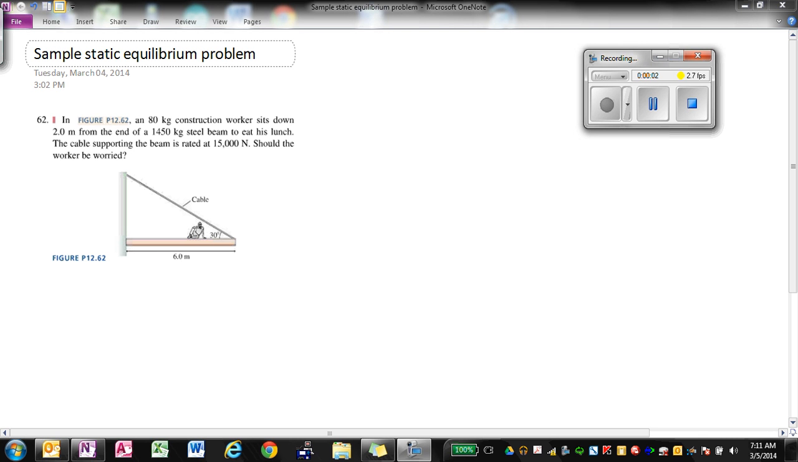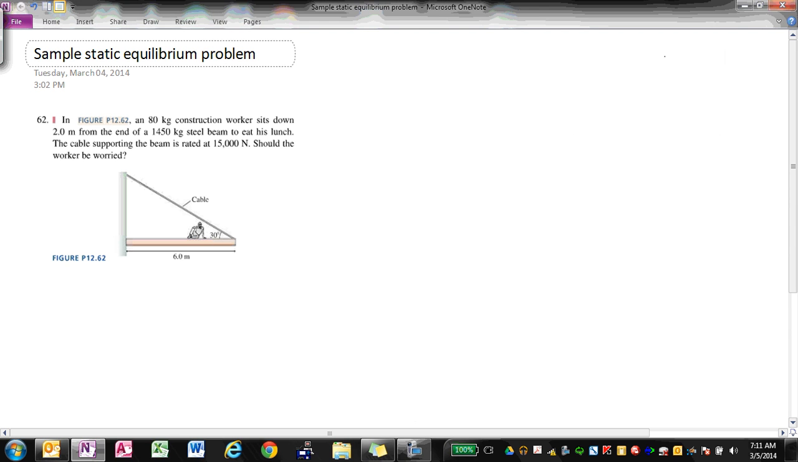Okay, I'm gonna solve a sample static equilibrium problem like number 1265 on the homework due Thursday night. Okay, so this is a pretty typical static equilibrium problem, and there are two things that you need to think about during the whole problem. So in static equilibrium,